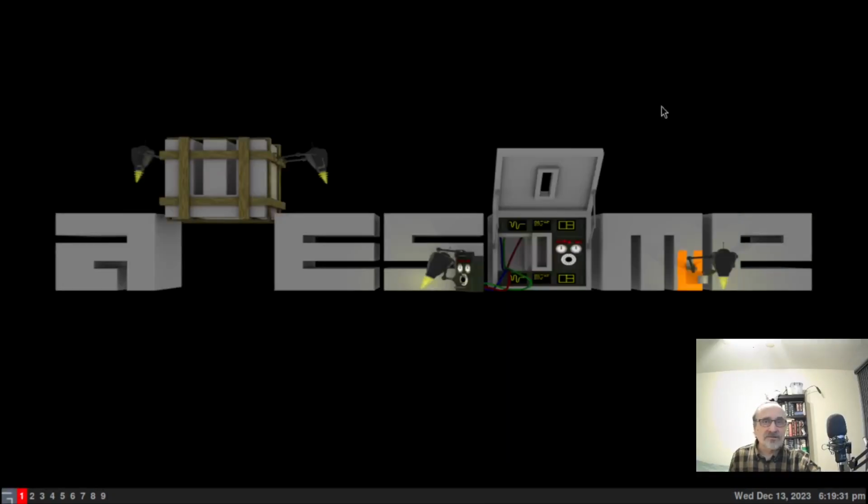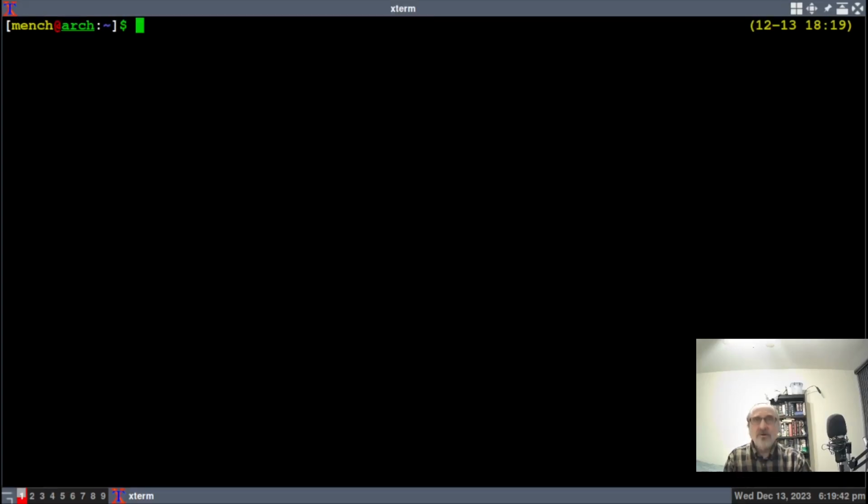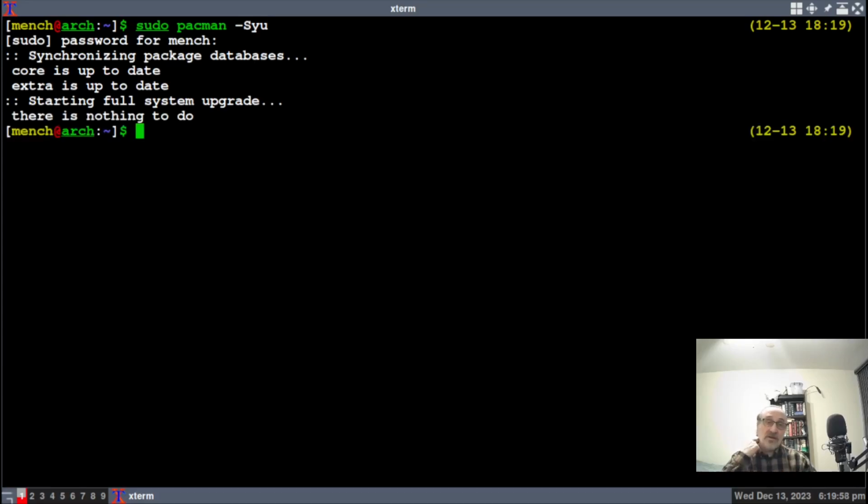Now, the thing is that we installed this AUR package manually. So when you open up a terminal, let's just make it a little larger, and you do sudo pacman -Syu. You go to do your updating, and you hit enter, put your password in. There's nothing to do. Now, supposing that the Brave browser just got updated 10 minutes ago, and there's a new updated version of the Brave browser. When you go to do your update, it's not going to show up here. So when you install an AUR package the manual way, there's only 2 ways to know if an update is available. Number 1,